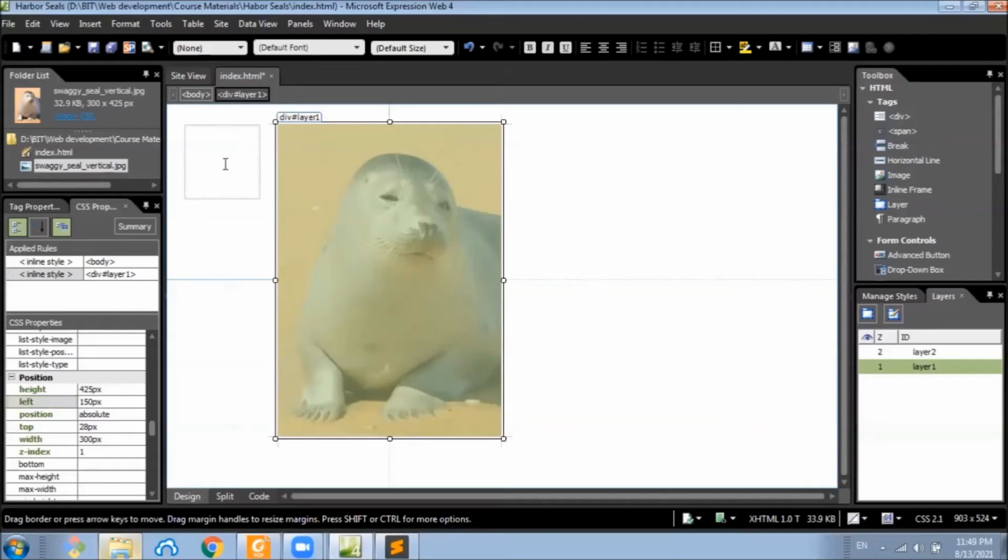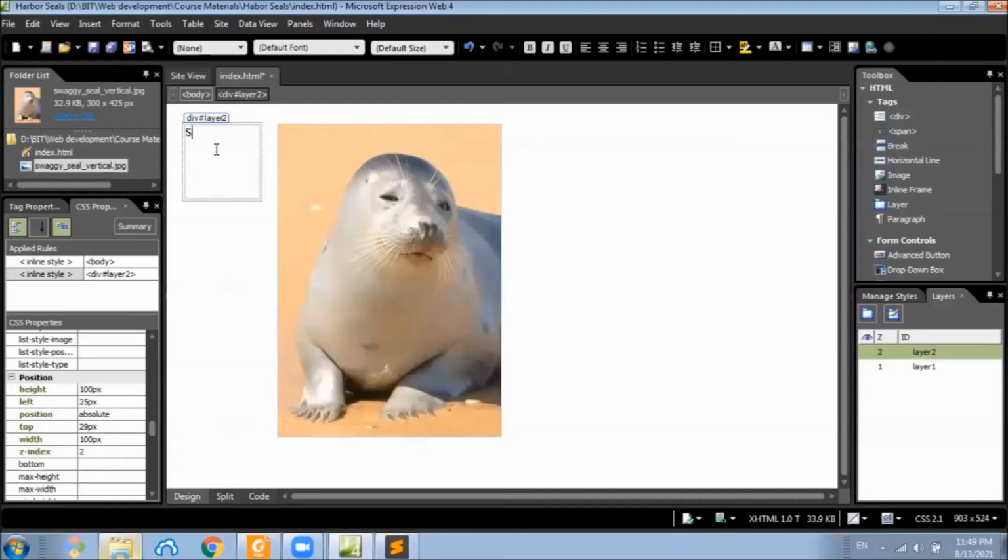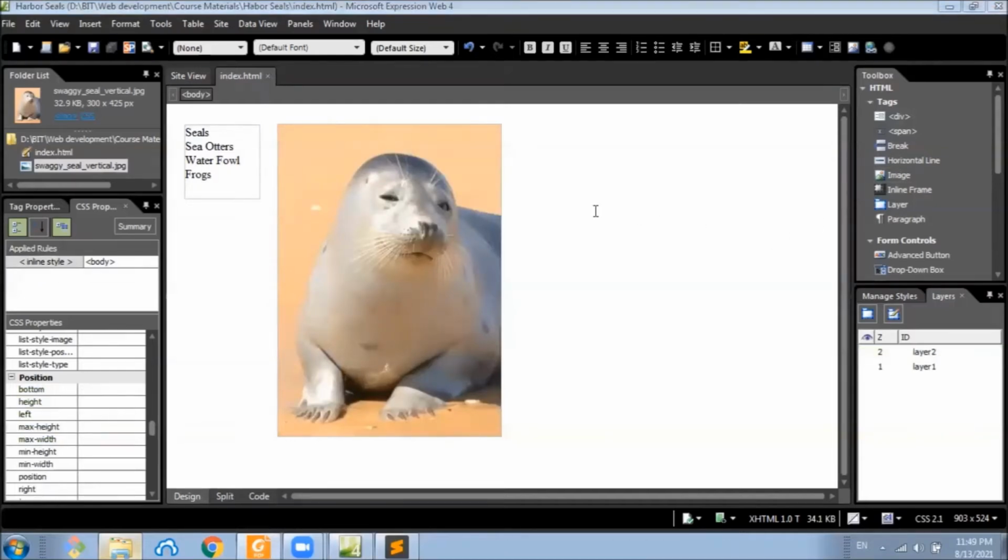Now here we can actually enter some text: seals, sea otters, and frogs. Let's create another layer to the right hand side of this.